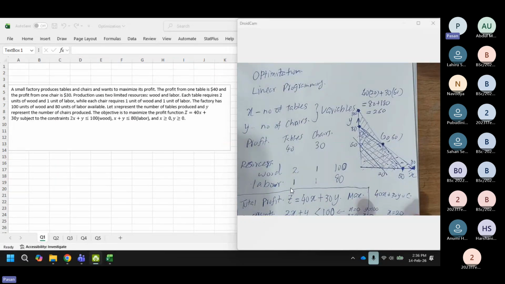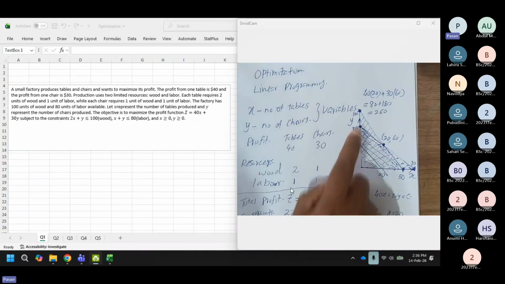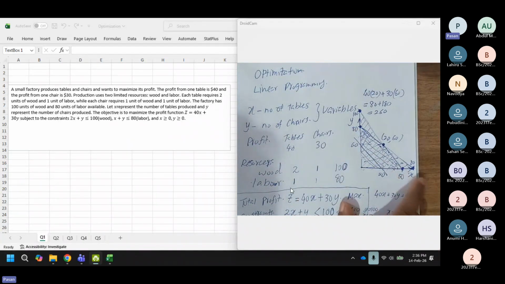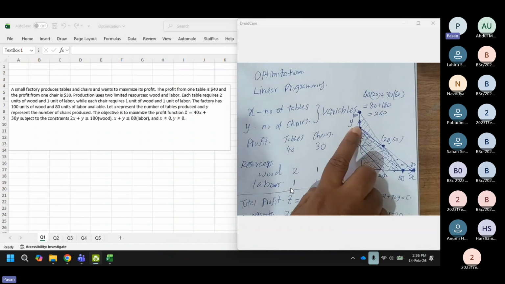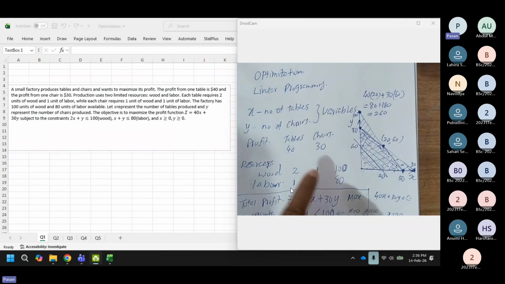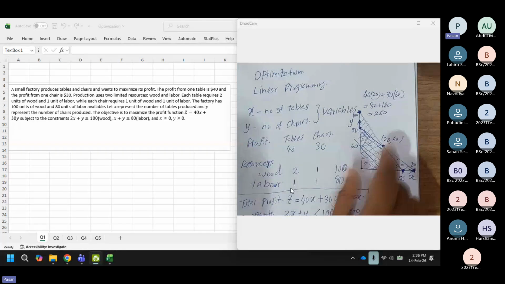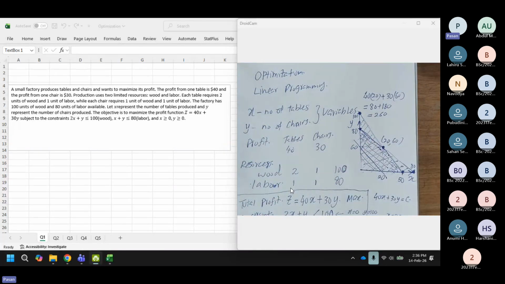And you can see that if you take these two points here, and you just produce the tables, then it is 40 times 50, so that is 200, right? So it's below that number. And if you just produce chairs, it is 80, and then 80 times 30, so that is 240, right? So that's even below. So 260 is the maximum profit you can get,